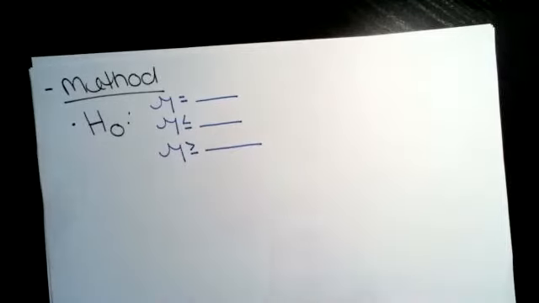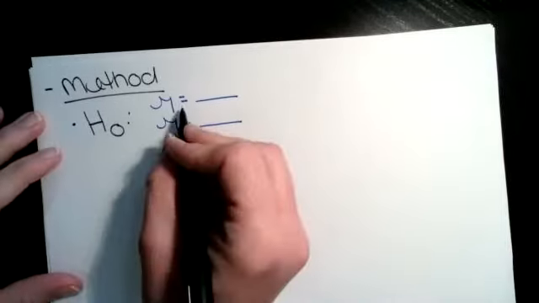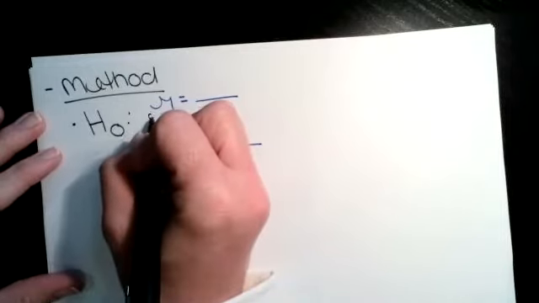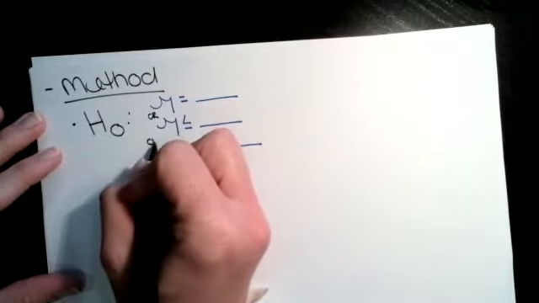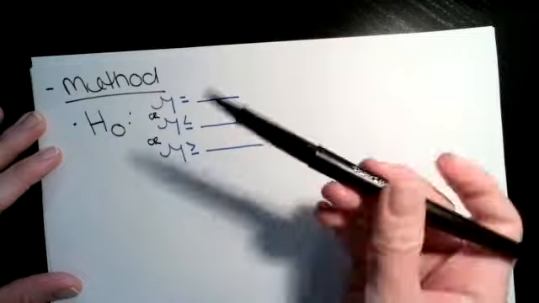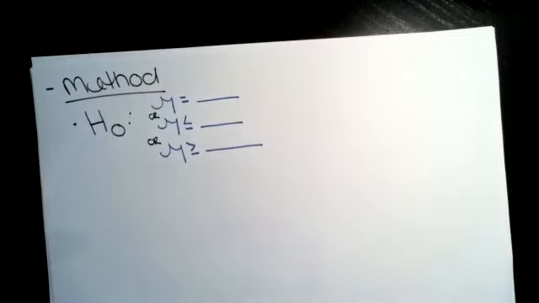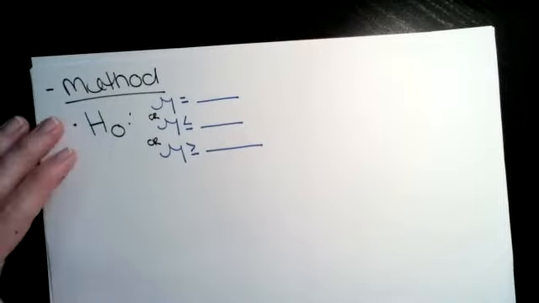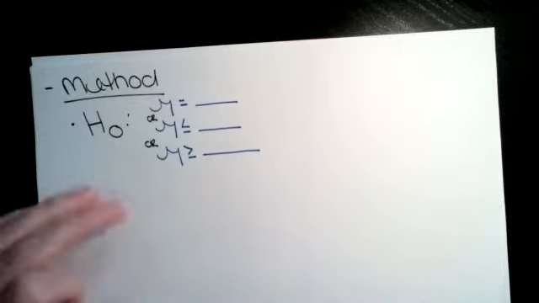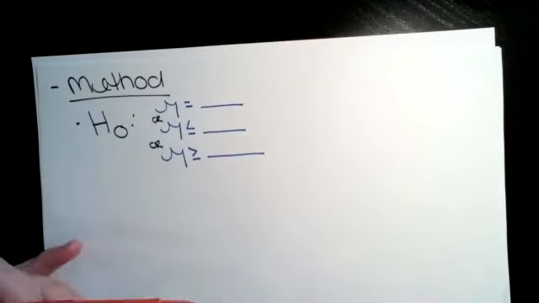And I'm going to write ors in between these because it's only one of them. It just depends on the problem. So or here, okay? It depends on the problem. And really, it depends on my HA. So almost all the time I have to write my alternative first, and then my null comes from the alternative. Let me show you what this looks like